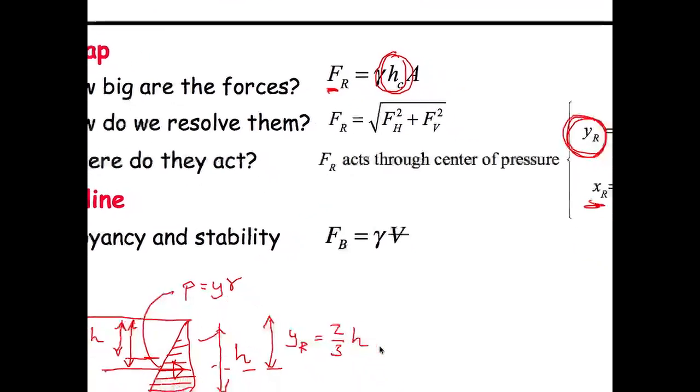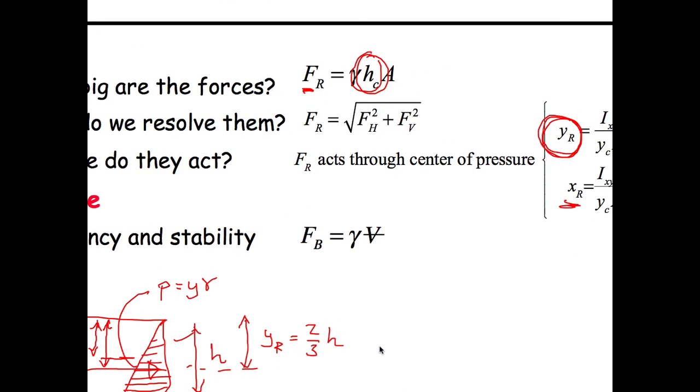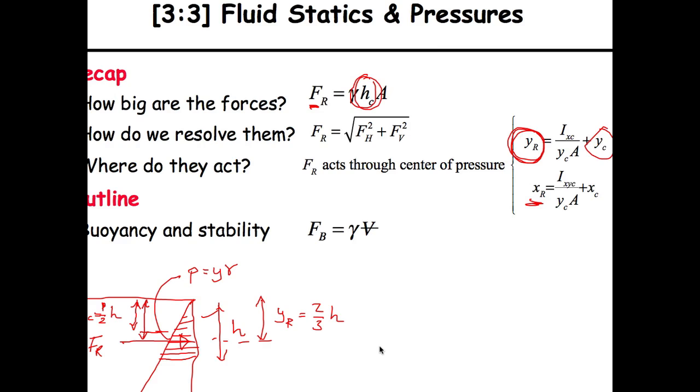There's a very small set of expressions that describe the behavior that we're dealing with. They're summarized here. The resultant force is equal to unit weight times the depth of the centroid of the plate below the surface, vertical depth, times the area over which it acts. We can always resolve forces if we have vertical and horizontal forces through their resultant, which is just Pythagoras. Although the magnitude of the fluid pressure resultant is given by this, its point of action is not through the centroid of the plate in which it acts, but it acts at the location in the plane of the plate,